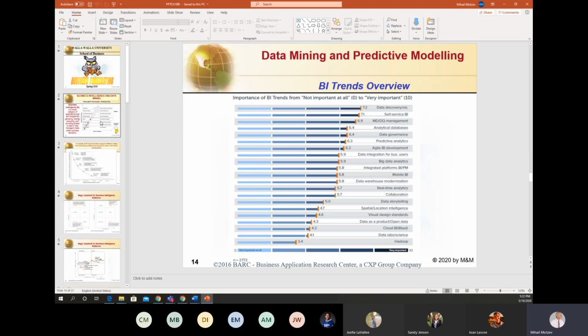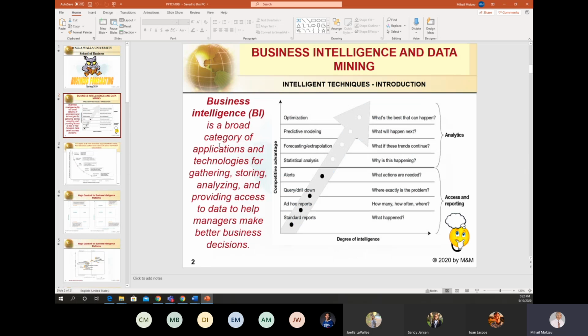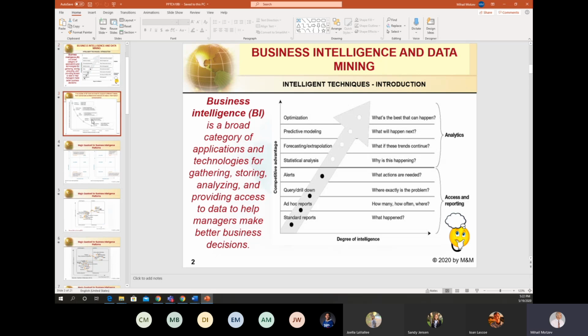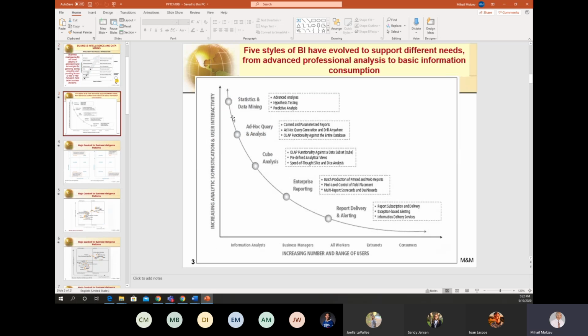In the beginning of business intelligence, and later on, with the advent of analysis, a new term, data mining, was introduced. If we check this chart, we'll see that advanced analysis, statistical tests of hypotheses, predictive analysis are considered to be the most advanced and sophisticated techniques.